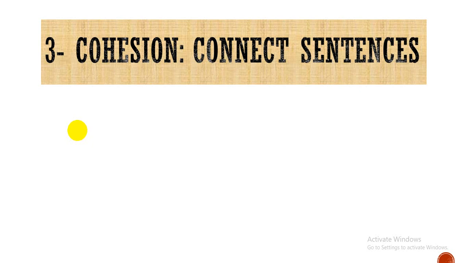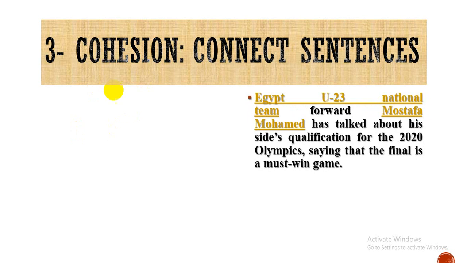Cohesion is to make your text connected, to make your units connected by using pronouns, for example, by using repetition, repeating keywords, or by using different types of conjunction like subordinating conjunction or coordinating conjunction, or even adverbial conjunction like however, therefore, similarly, consequently, also, on the other hand, and so on and so forth. So if we just have a look at this text